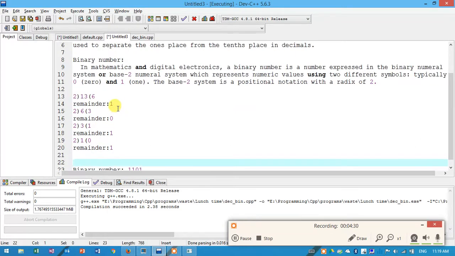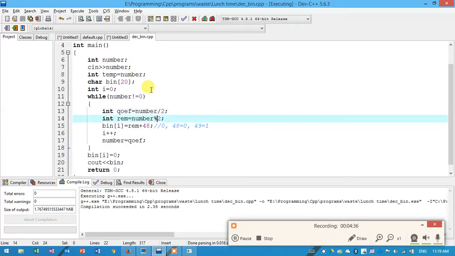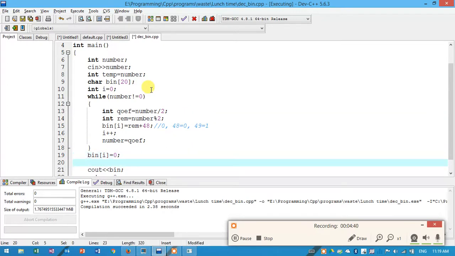1011. As you see, it is just our reversed string. We have to reverse the string, and then print that result. So how to reverse the string? Here we will look. So int length will be our I, right?